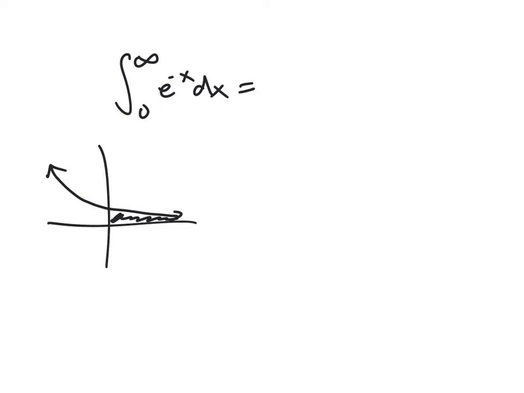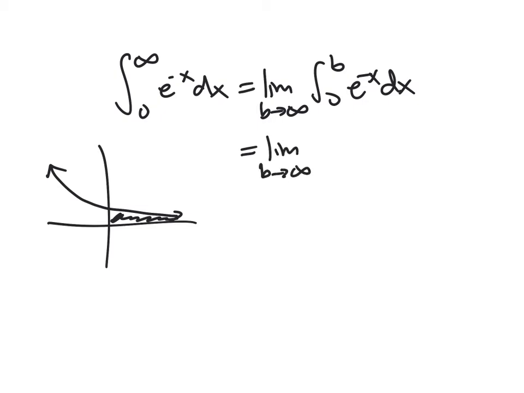So again, we want to translate this into a limit, right? So we want to deal with these finite pieces. So we'll again take the limit as b approaches infinity, integral from 0 to b of e to the minus x dx. This integral is pretty easy to do, right? It's just a very small substitution that you can probably just eyeball at this point. So we get negative e to the minus x from 0 to b. And then plugging that in, we get negative e to the negative b plus, because minus the negative, e to the 0, which is